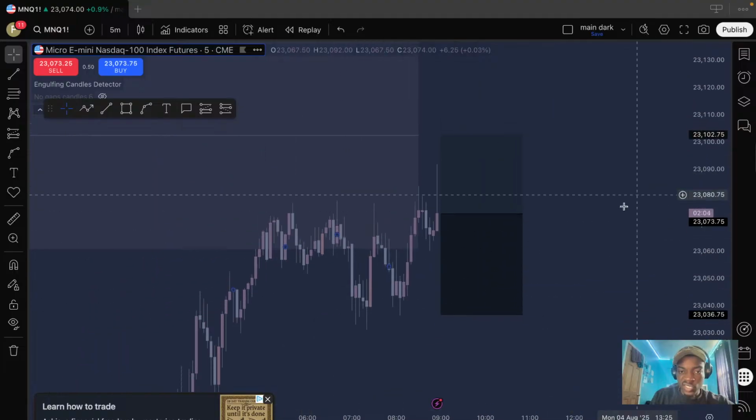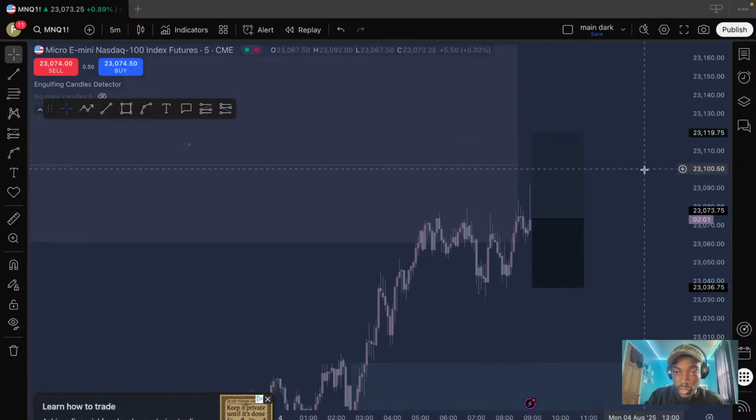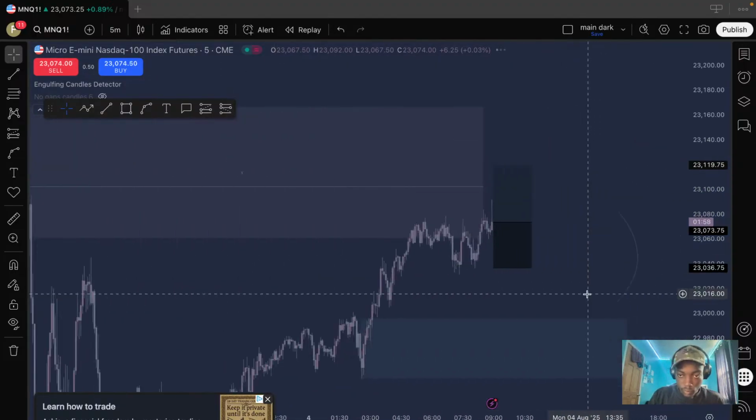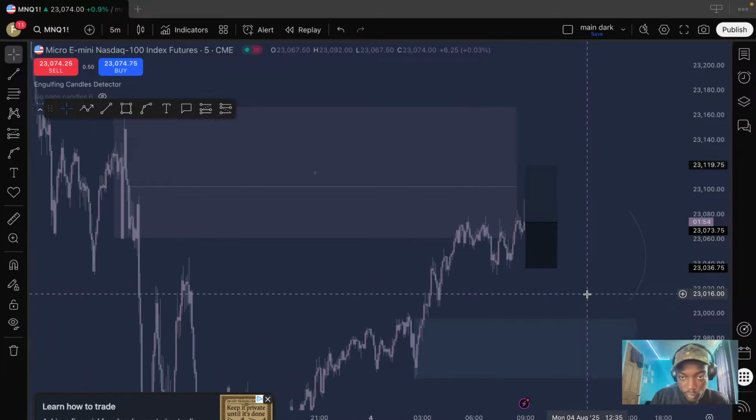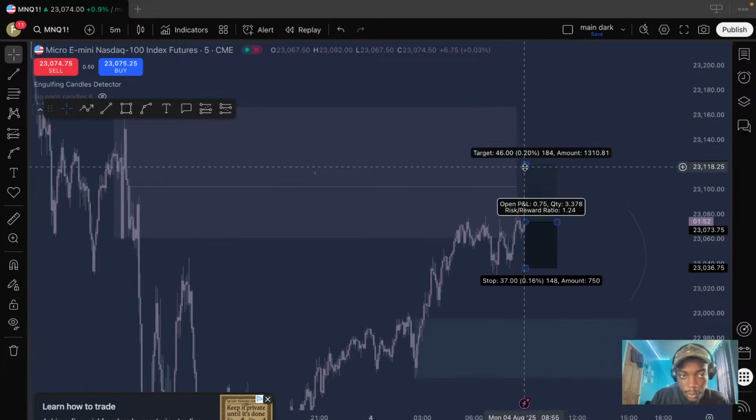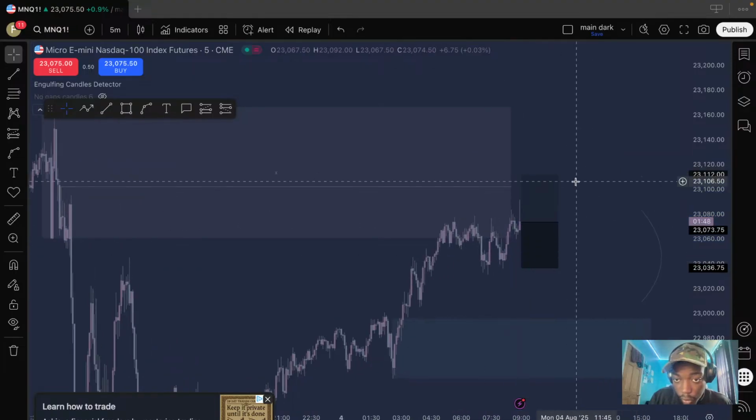I'm not gonna take this just because I wouldn't want to open my journal and see that this is the first trade that I took. But on some paper trade shit, let's say your entry is right here, right now where it is,